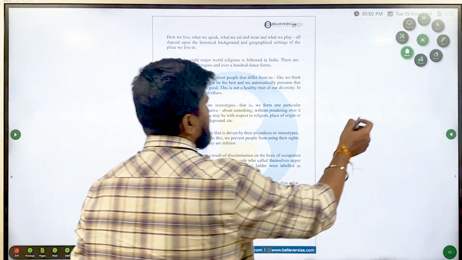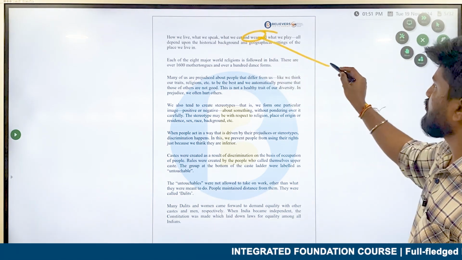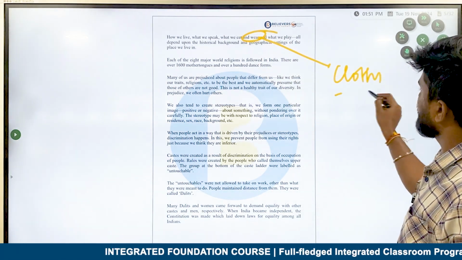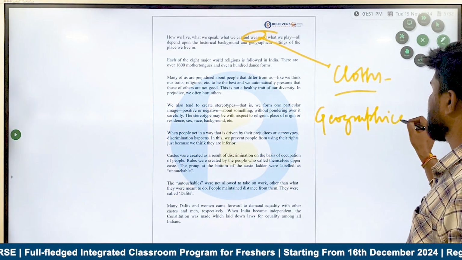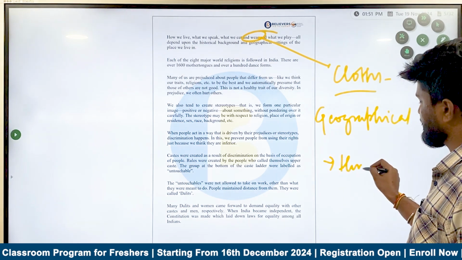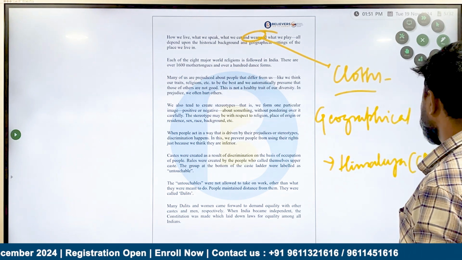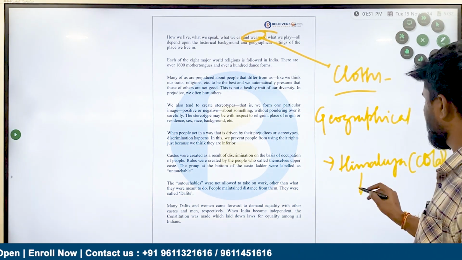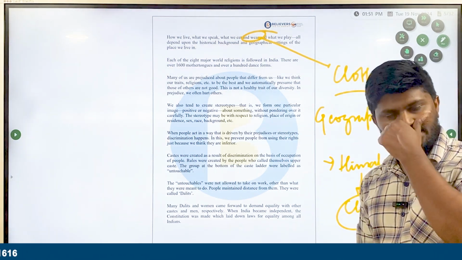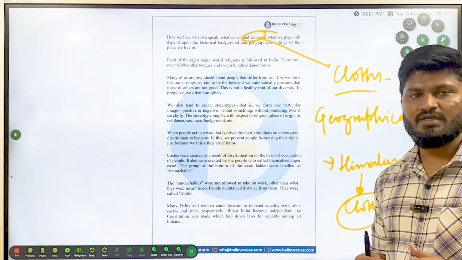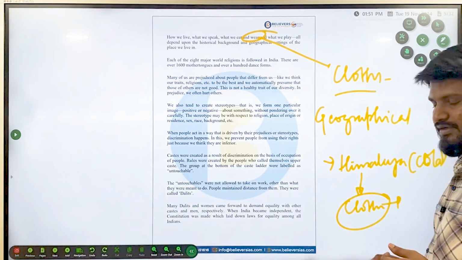How is geographical setting going to define the clothes we wear? For example, let's talk about clothes. What is the connection? If you are living in the Himalayas or any place which is very cold, you are going to wear clothes that will reduce the cold and keep you warm, such as jackets,